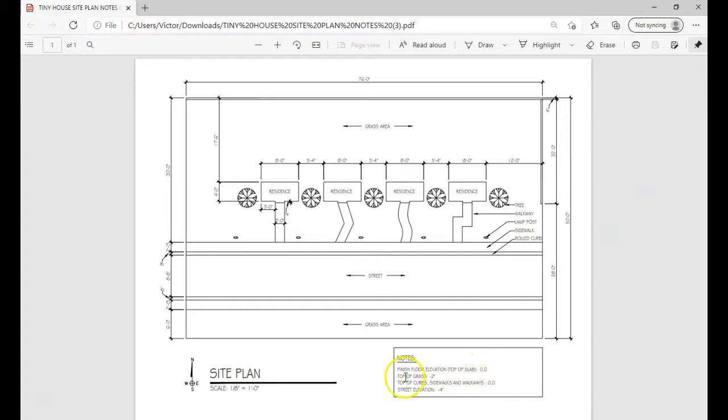So if you look at this, it says top of grass, -2 inches, top of curbs, sidewalks, walkways, 0, 0, street elevation, -4 inches. So really, if you look at this, all you have to remember is grass, -2, street elevation, -4. So I'll switch it back to